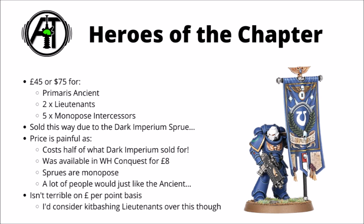Finally, a lot of people would want to pick up this Ancient, and those people might not necessarily want any more grunt intercessors or any further Primaris lieutenants, of which many people would have had an absolute ton of by now. Having to pay for all these additional models that you might not want is no incentive to picking up the kit. Despite all of this, they still have bumped the price up a fair amount,